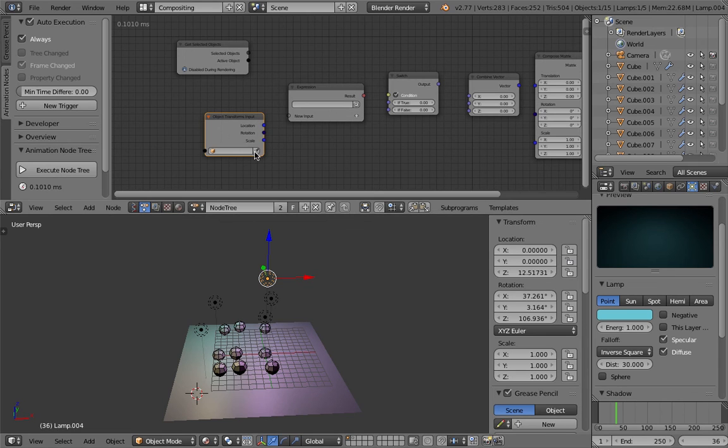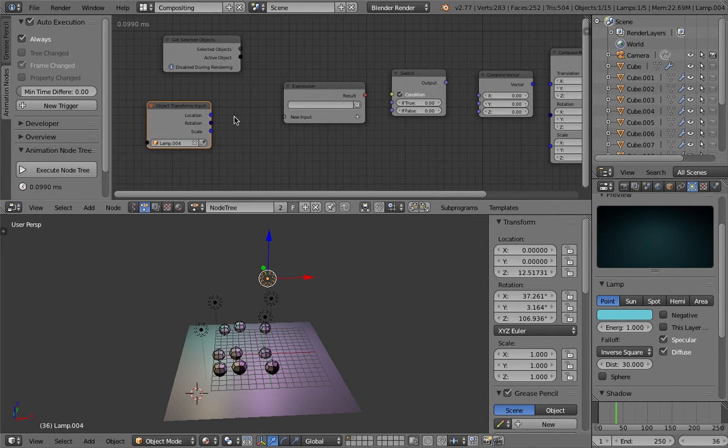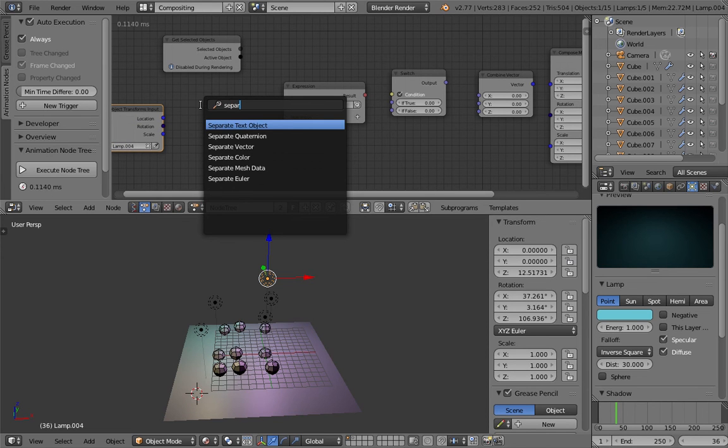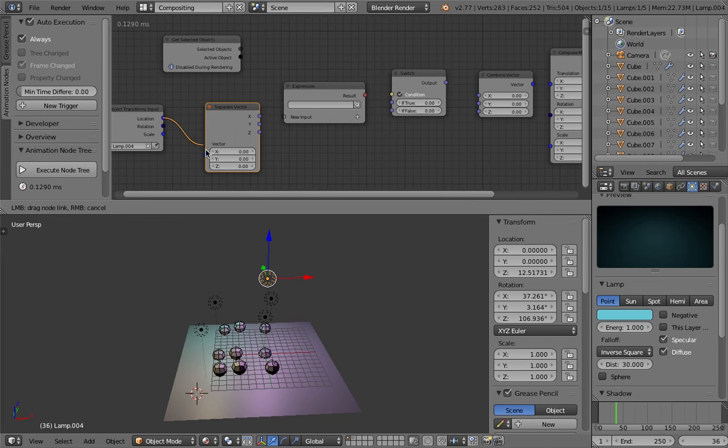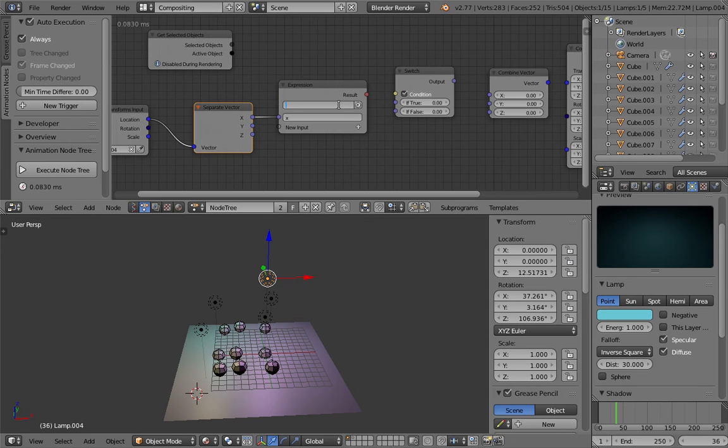I'll grab that object, and then I'll monitor the locations. The X location, I'll separate the vector. We're just gonna monitor the X, and plug the x into that guy here, the expression, and then I'll say, okay, if the x is smaller than 10 unit,